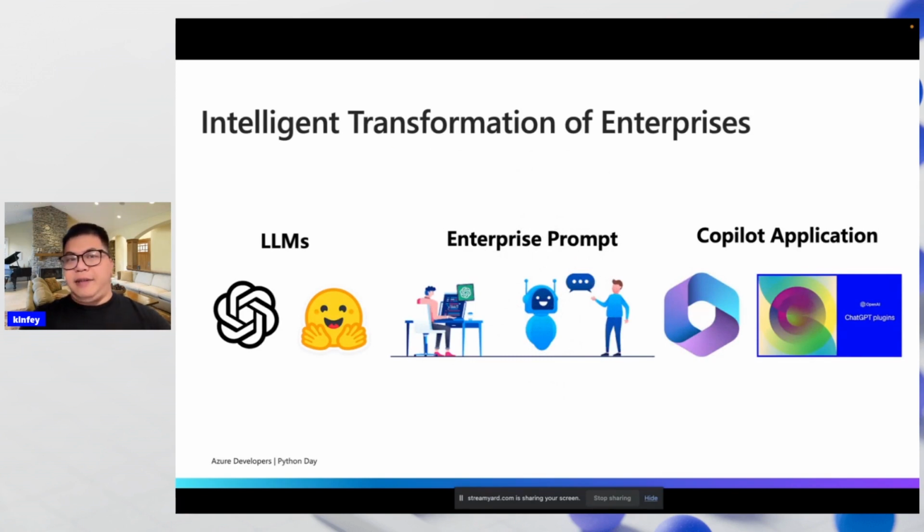The first transformation was digital, but now it's intelligence. I think enterprises have more things to think about. What do I need to do in enterprise solutions, because they need to face different things.